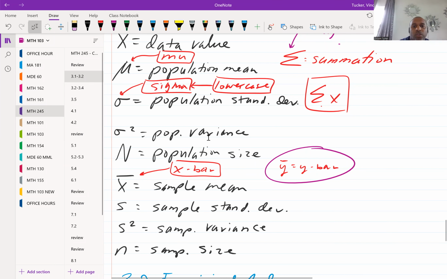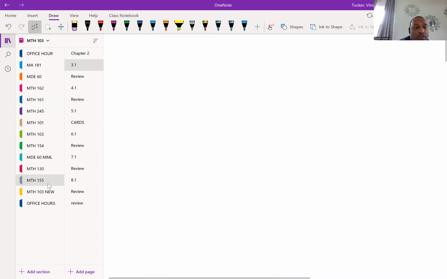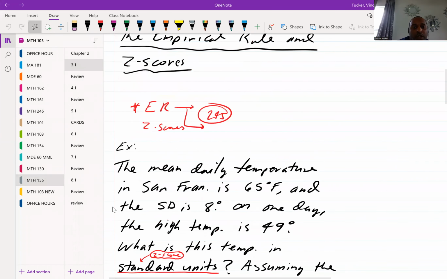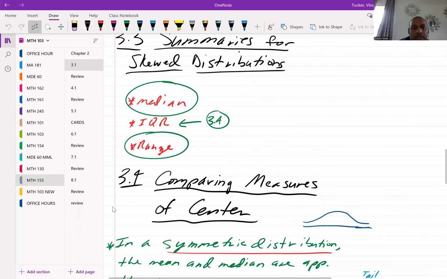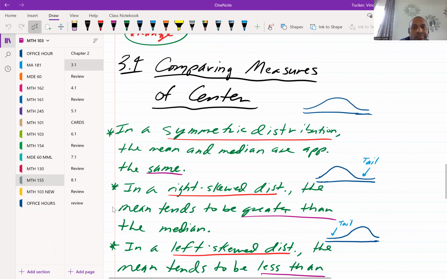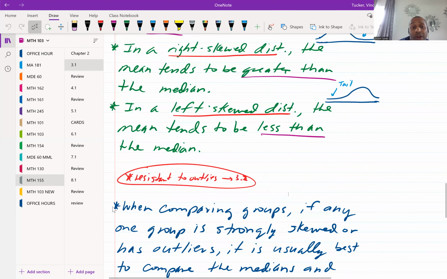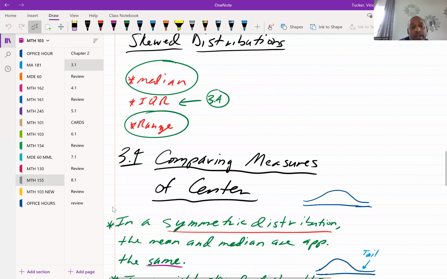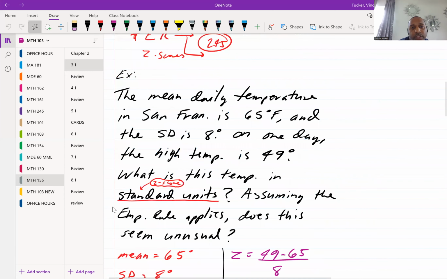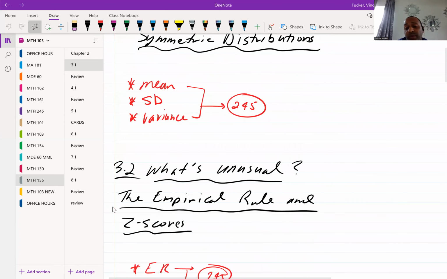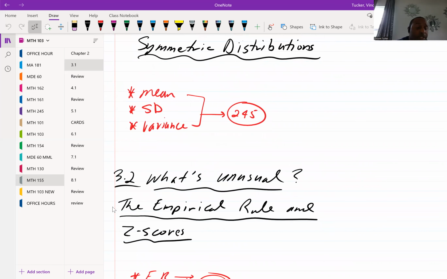What we'll probably do next class, anybody still holding on? Okay. So next class, we do 3-2 and 3-3. Well, 3-4 is relatively short. Especially since we're missing on Monday, these sections are pretty short, so we might knock out all of them, but we'll see how it goes and see how it flows. But I at least wanted to get one section out of the way as far as chapter 3 was concerned.